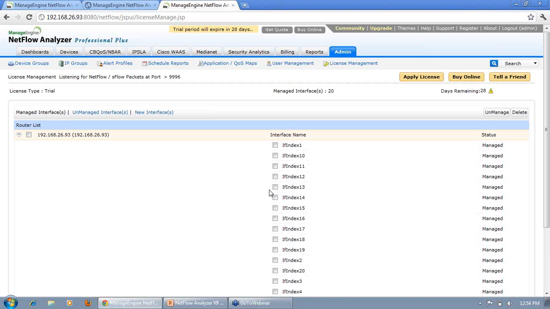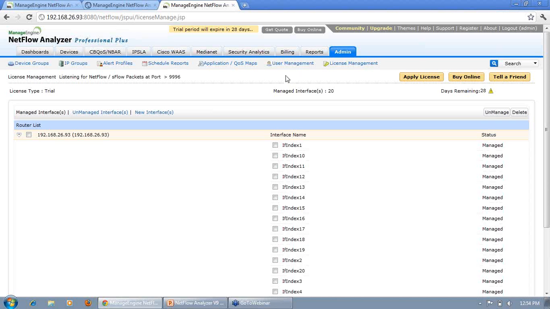Yeah, one other question is about flow rate. We have to find out the exact flow rate in real time. You have to run the product. One of the questions is he's managing 100 interfaces and the flow rate is 3.2 GB. I'm not sure how this has been calculated. Please do click on